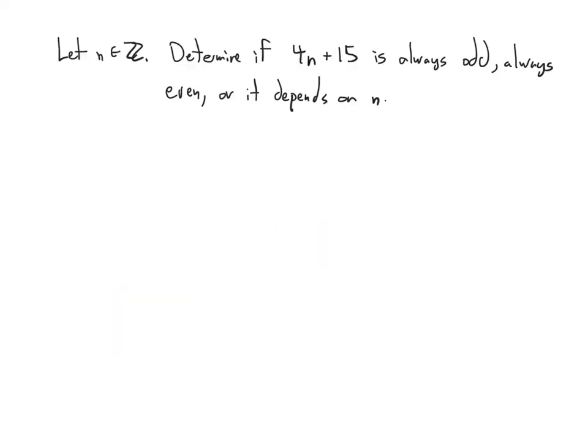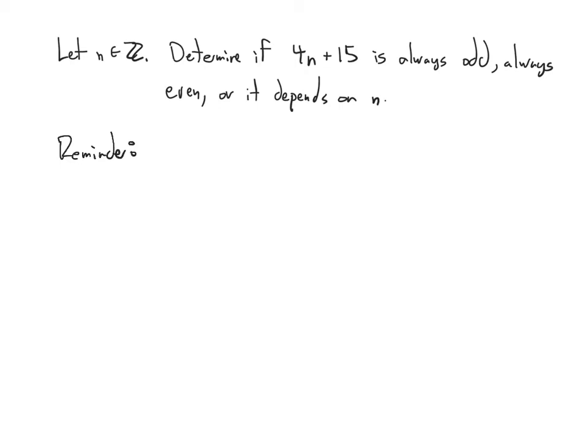So let's do a really easy example first. So I have this integer n, and I have this expression 4n plus 15. So I'm asked to determine if this is always odd, always even, or whether it's odd or even depends on my choice of n. So remember that, in fact, I'll write this down as a little reminder,